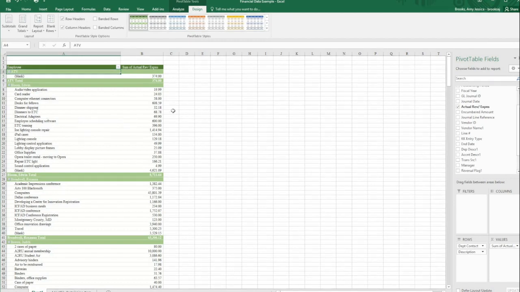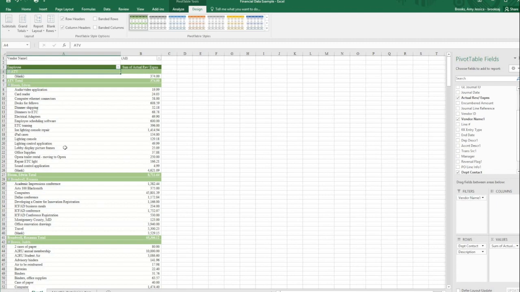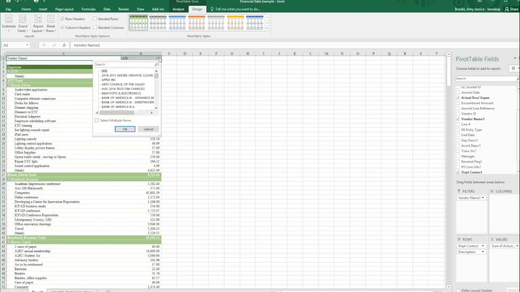I think I want to add a filter. So I'm going to come over here and choose vendor name. I want to filter the results by vendor name. So I'm going to click and drag vendor name 1 down into the filter box. You can see over here, in the pivot table, a filter has been added. If we click on this box, the drop down,